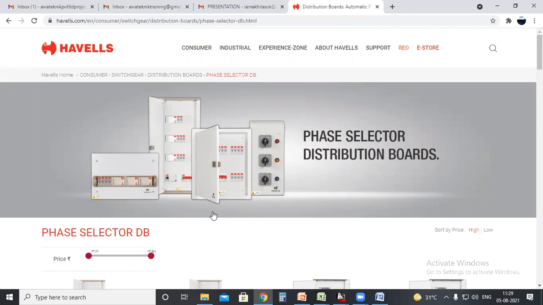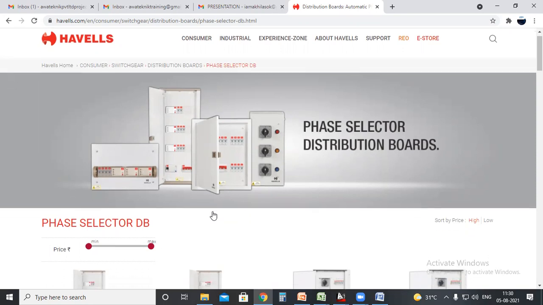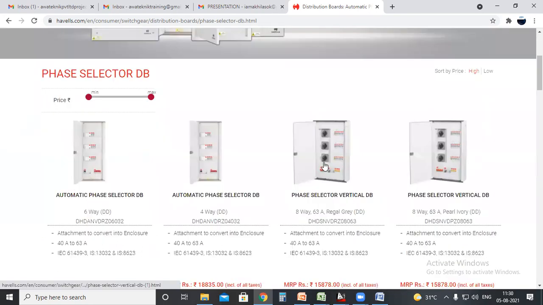Then from the substation, you will get a 33 kV or 66 kV or 11 kV output. That particular 11 kV is coming to the nearby transformer of our building. That transformer is stepping down the voltage to the three phase normal supply, that is 415 or 440 volts, in a three phase four wire system, that is three phases and a neutral. If you take one phase and one neutral, you will get 230 volts. If you take all the three phases, you will get the 415 volts. So here, in this case, I am telling about the phase selector DB.